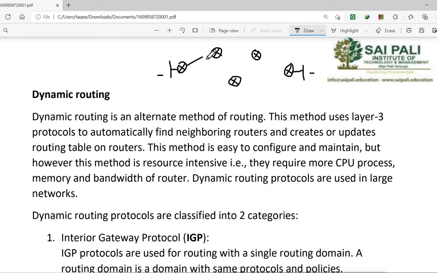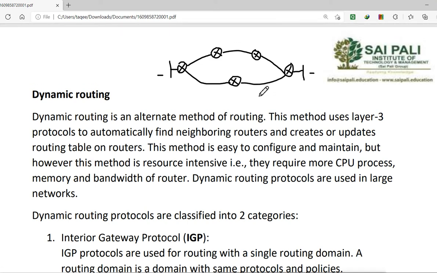So we can go from here. This is one path. Then we have another path which can go from here to here. Now remember, in a WAN network you may have multiple paths, so you have to decide the shortest path. In static routing, the path will be decided by the administrator itself because the administrator is configuring it statically or manually.